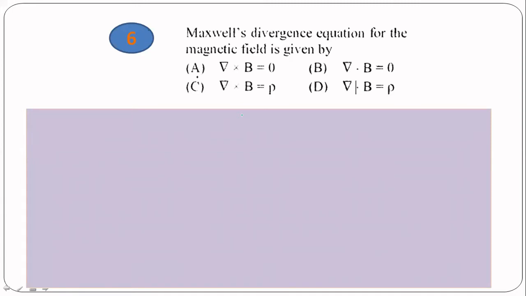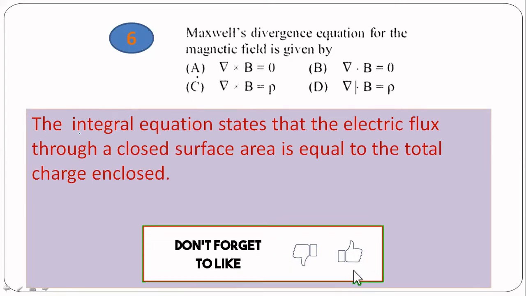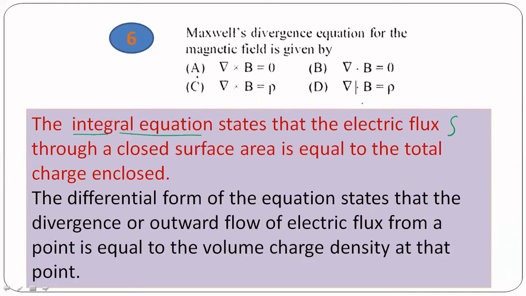So Maxwell's divergence theorem can be given in two forms. One is the integral form. Okay, the integral form of Maxwell's equation states that the electric flux through a closed surface area is equal to the total charge enclosed. So this is the definition as per the integral form. Whereas the differential form says that the divergence or the outward flow of electric flux from a point is equal to the volume charge density at that